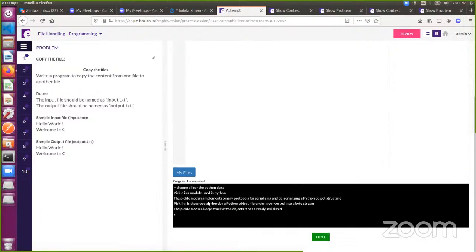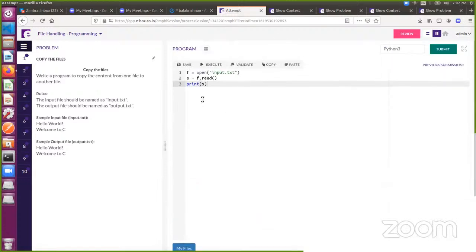So some content which is present in input.txt is coming over here. Now I have to copy this content to output.txt. So f1 is equal to open of output.txt, and then I have to open it in write mode, and then f dot write of